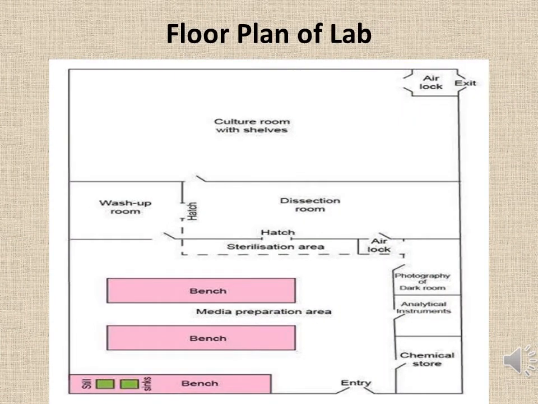The picture is showing the floor plan of a lab. The layout of the room allows a workflow pattern that maintains maximum cleanliness and promotes minimum backtracking. A clear-cut demarcation of the unclean area, that is the washing room, media preparation room, autoclaving room, general stores and office, and the clean area, that is the transfer room and growth room, should be made.